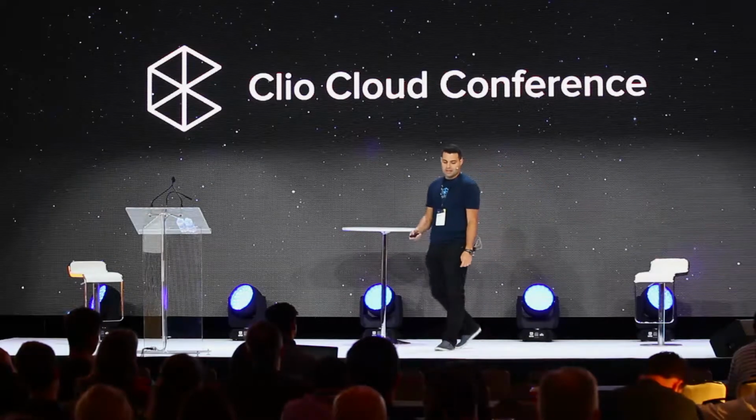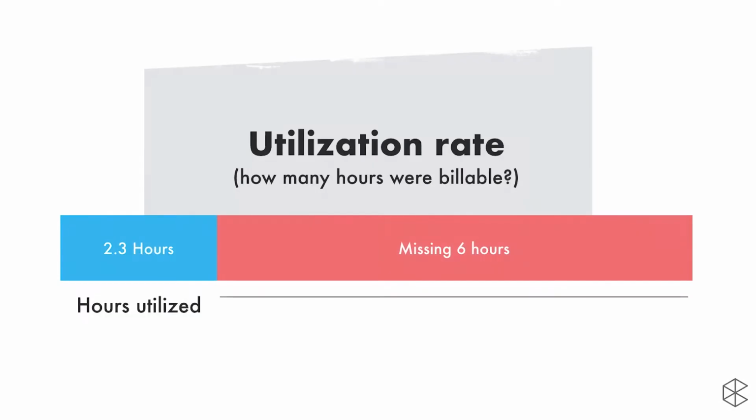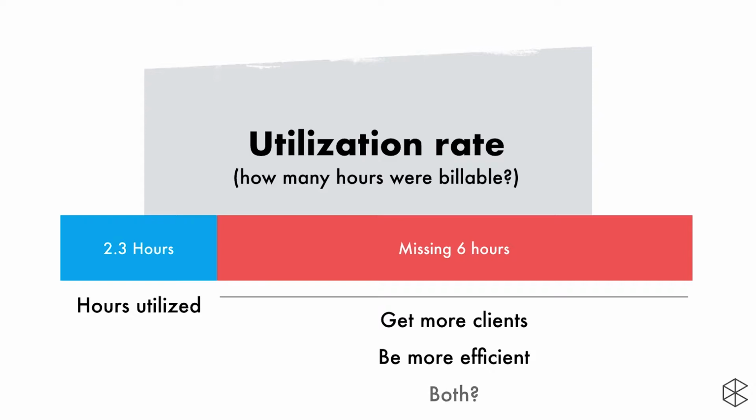We also hypothesized that there were a couple of reasons folks could have a utilization rate lower than they expected. Obviously, the first is that you don't have enough clients to drive enough business to be fully utilized all the time. The second is that you have the clients you need, but you're spending too much time doing non-billable activities and not utilizing your time toward billables appropriately. And of course, the third that I'll throw out there is, for most folks, probably column A, column B, right? There's a mix that we'll see of these things coming up.